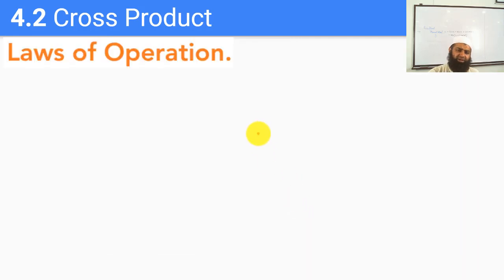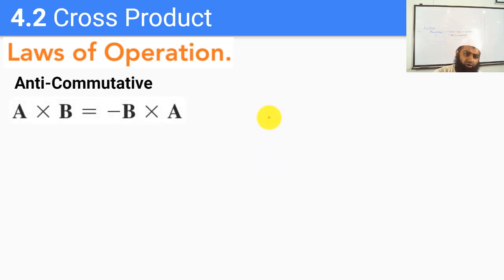Okay, so what are the basic operations or basic rules of operation for the cross product? The first one and the most important and common one is that it is anti-commutative, which basically means that the cross product of A cross B is equal to minus B cross A,